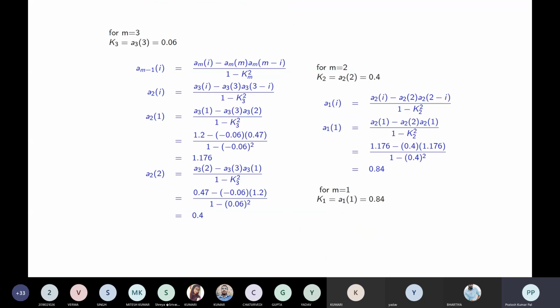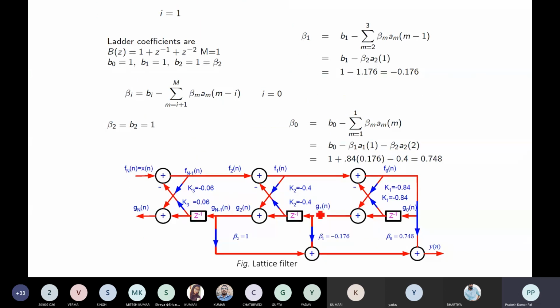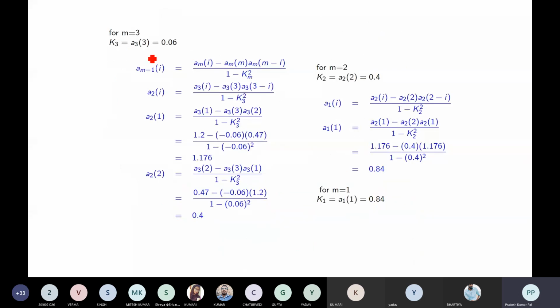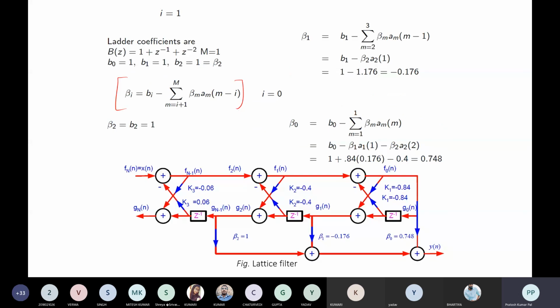So to find out this, we should be proceeding with the similar formula. This is the formula for finding out the beta, and to find out the k values, we will be using this generalized formula. Once we know them, we can have direct multiplication, starting with this one on the right hand side.